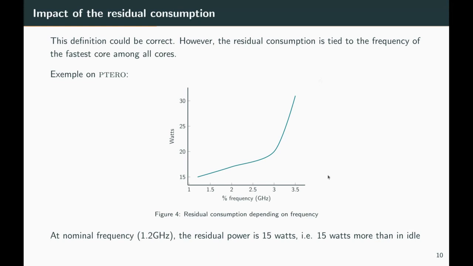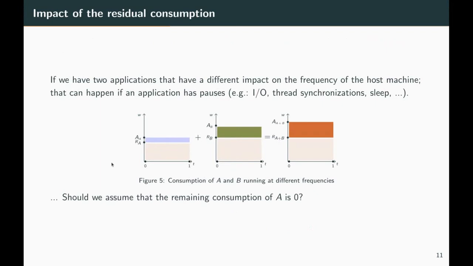So now we have an issue. For example, if we take two applications, the blue one and the green one, the blue one is running at low speed, for example, because it reads from files, it waits for network activity and so on. And the green one can go super fast because maybe it has no wait at all. When we run them independently, first the blue, and then when the blue is finished, the green one, at the blue one the processor will go super slow, and then at the green one it will go faster,